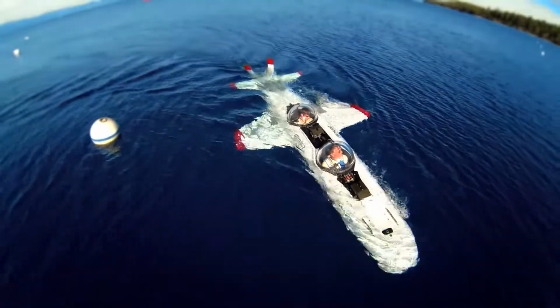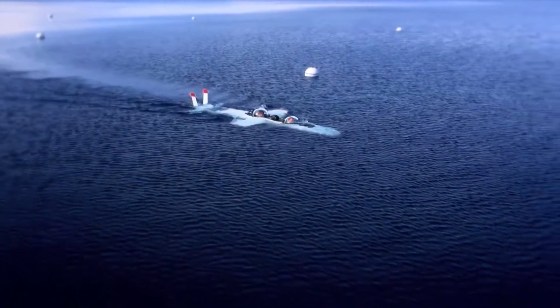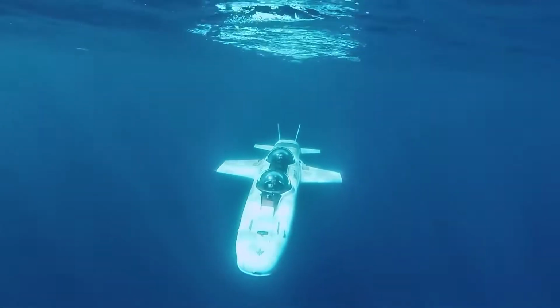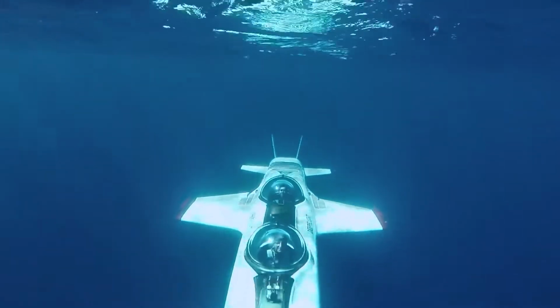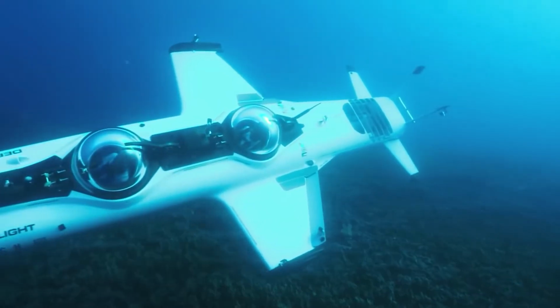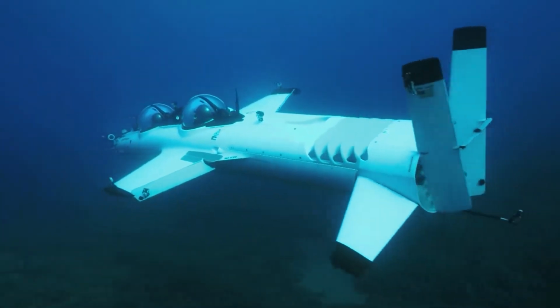With the addition of a third cockpit, the Super Falcon 3S allows a qualified pilot to take two passengers on a once-in-a-lifetime underwater experience. Guests can sit in their own comfy form-fitting cockpit with their legs outstretched, taking in the incredible aquatic world around them. The Super Falcon 3S is certified by Lloyd's Register and features all of the safety features that Deep Flight